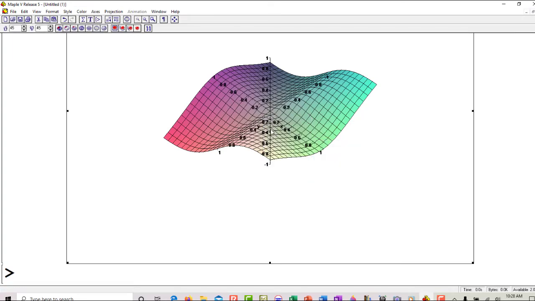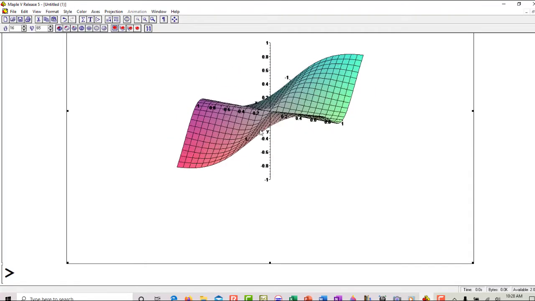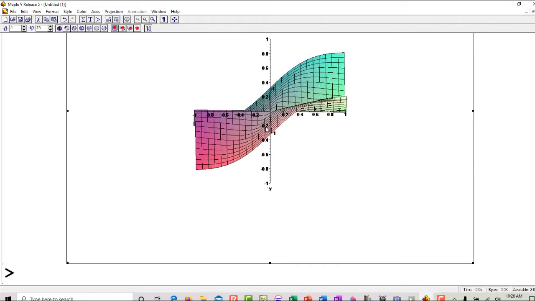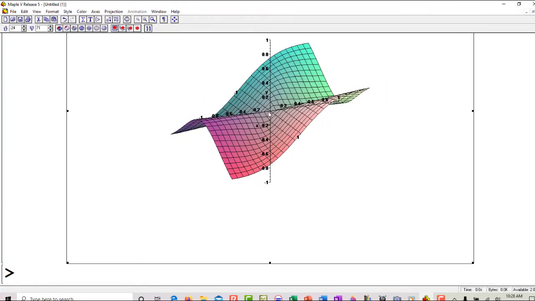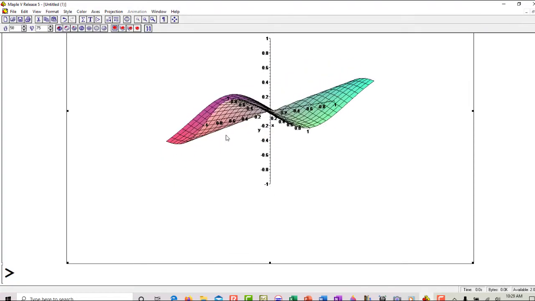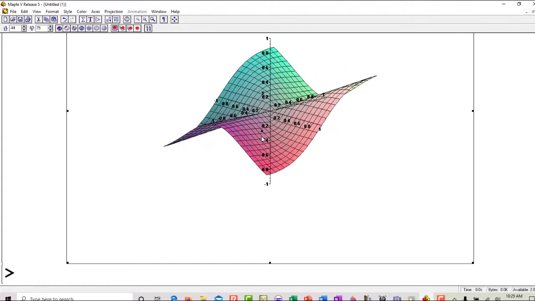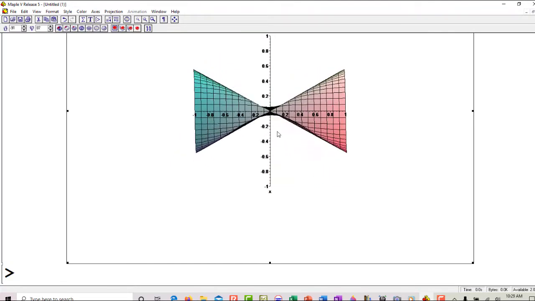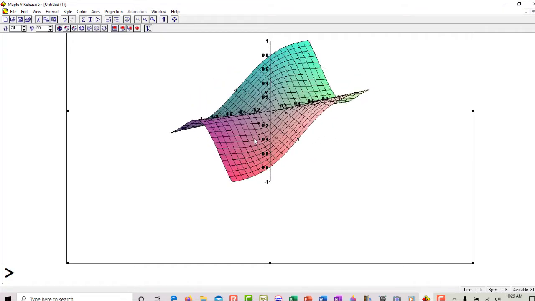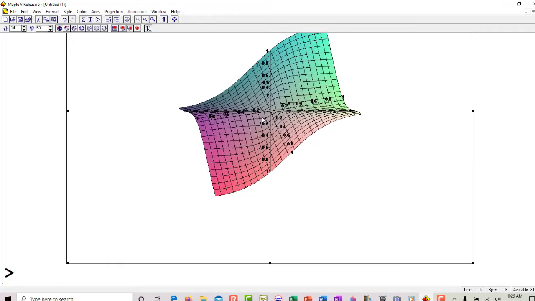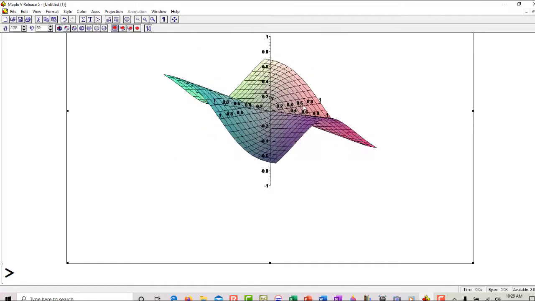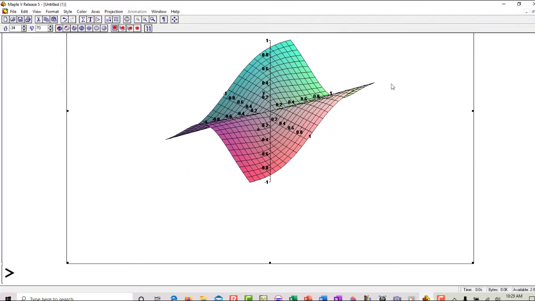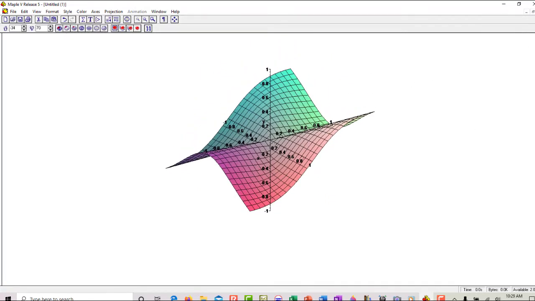Let's put some regular old axes on there. As you get closer and closer to the origin in the xy plane, the z values seem to all be going to 0. So you might hypothesize, just based upon the graph of this surface, that no matter what direction you're going, as you go in towards the origin in the xy plane, the z values get closer and closer to 0. Aha! You can see that that's true